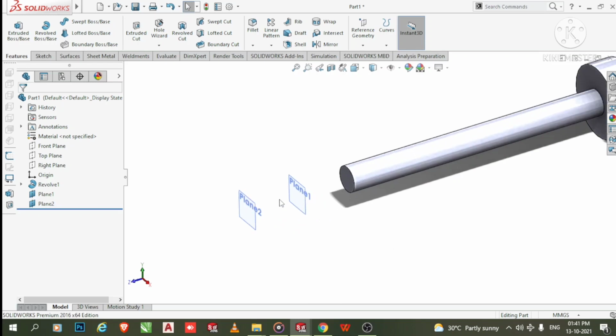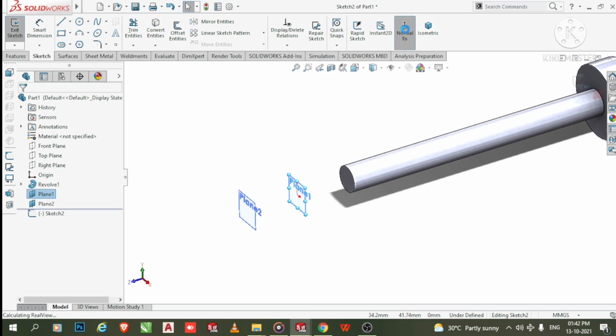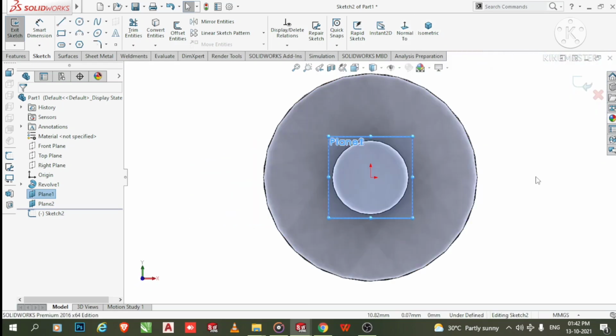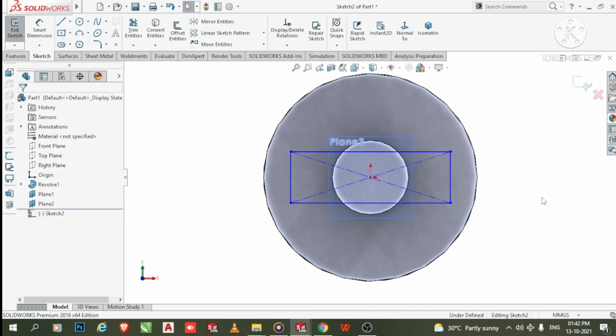So here we select this first plane, sketch, normal, and here we create center rectangle. So go to the rectangle and select this center rectangle, and we create from this point. So select this one and drag and make it up to here.